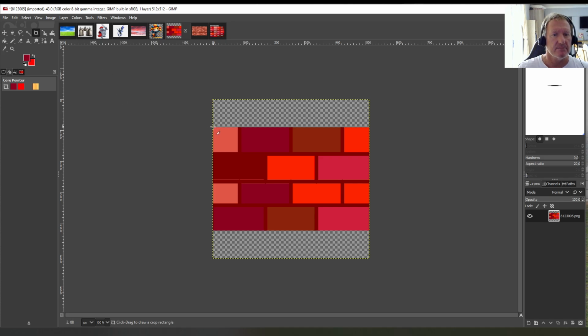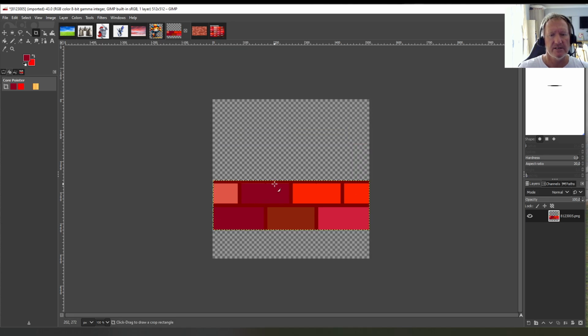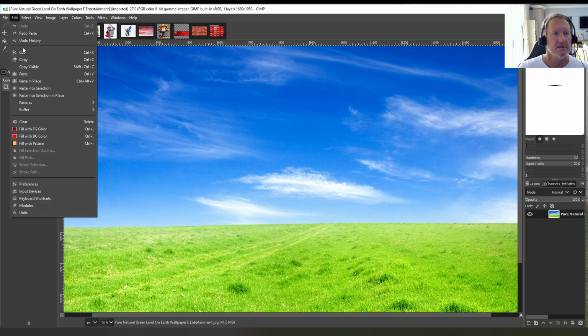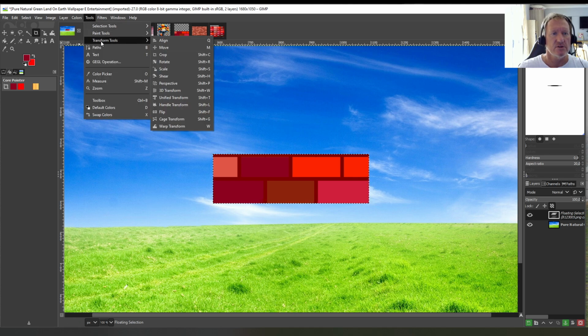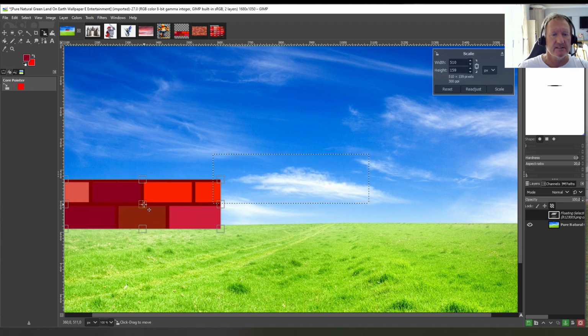first crop and paste it. Okay, let's say I just want this section here. We're going to crop and paste it. So you use the crop tool. Okay, you click on it so it only selects that area. You edit, copy, edit, paste. Okay, so that's how we get our wall onto our picture. Okay, now we want to move it to where we want it. Okay, so you're going to go to Tools, Transform, Scale. So let's go there. So that's where I want my wall. Okay, I can